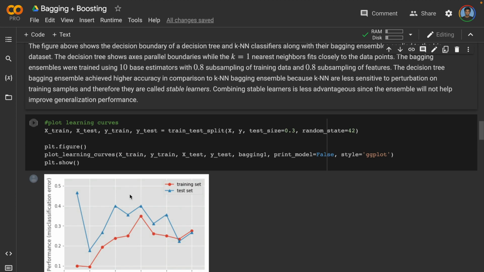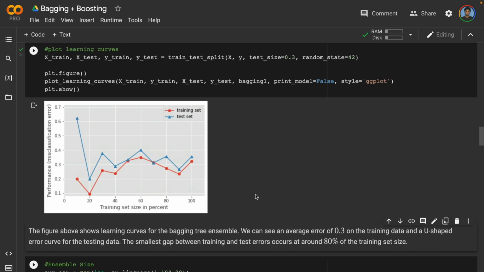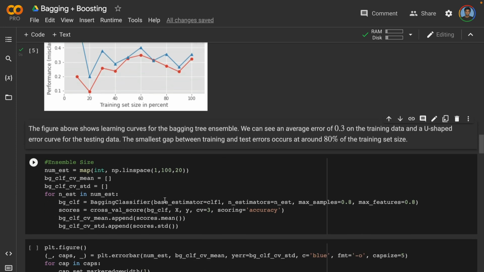Now, if I plot the learning curve again for different train test splits, then I'll get this plot. Here, if you can see, the x-axis has the training set size in percent and then the misclassification error on the y-axis. That means lower the better. So you can see that the gap is minimum between train and test sets, reasonably minimum, when there's about 20% of the data that is used for